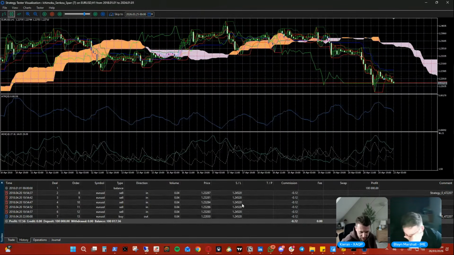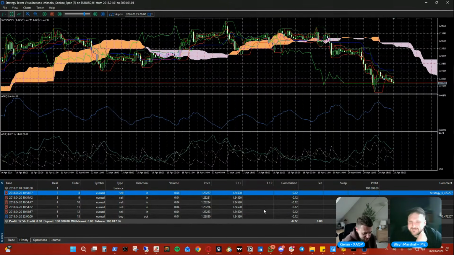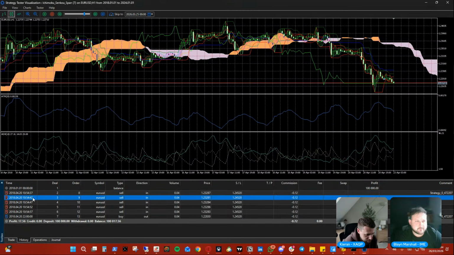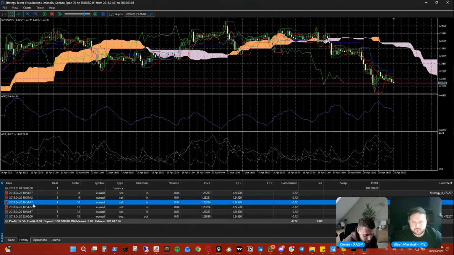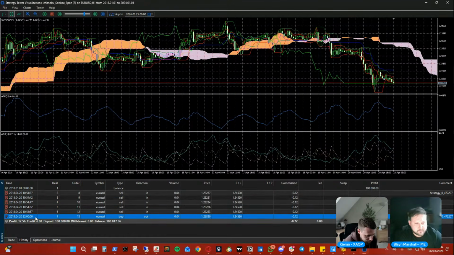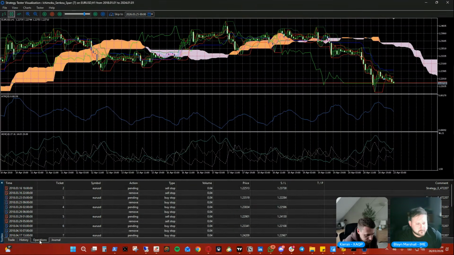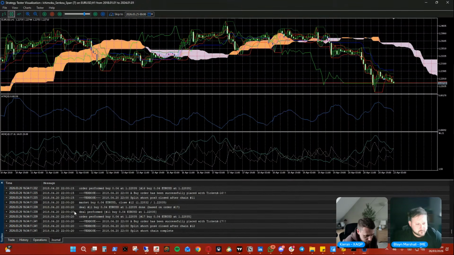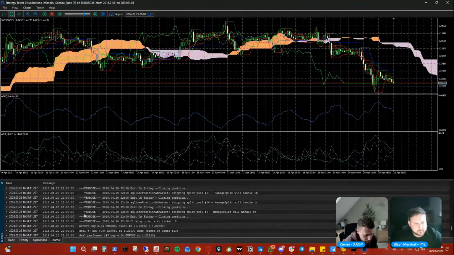Let me pause it. So you can see none of them had a TP. Well, to be fair, none of them have a TP set anyway because of the way that the strategy works. But you can see entered at 54.37. 5 seconds later, the second trade went in. 5 seconds later, the next. I think they all closed together, which is a bit of a bummer. No, here we go.